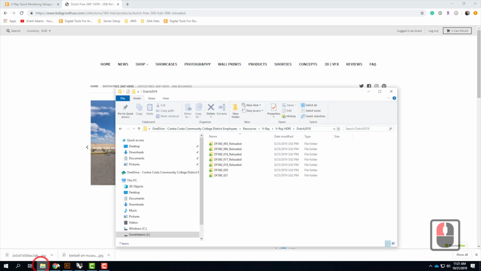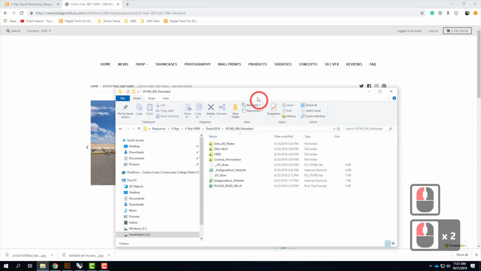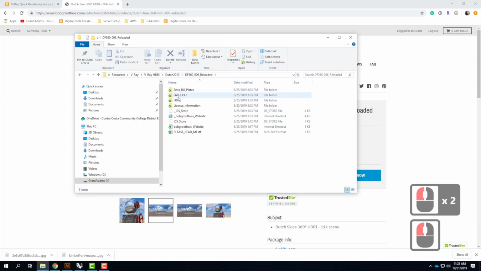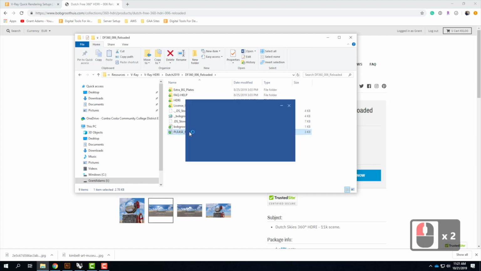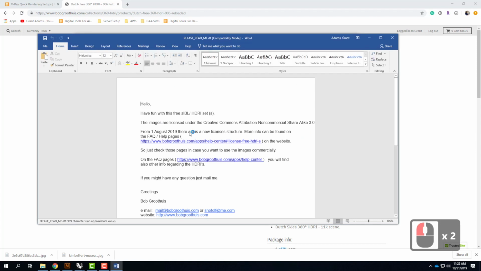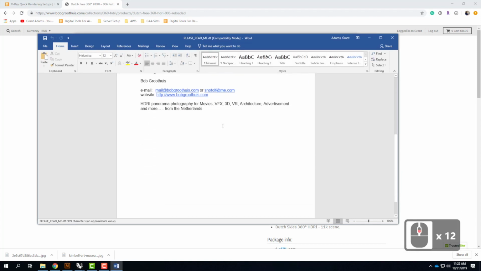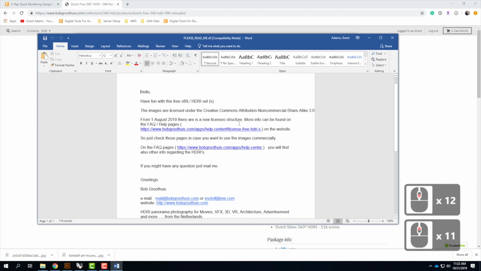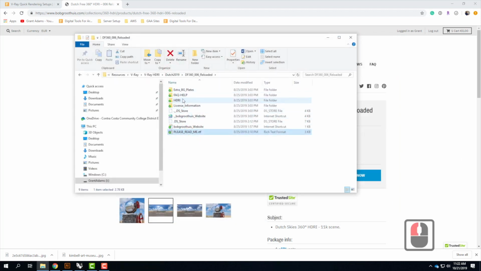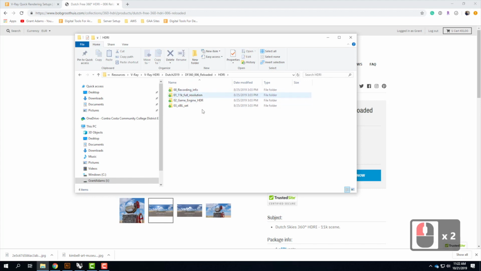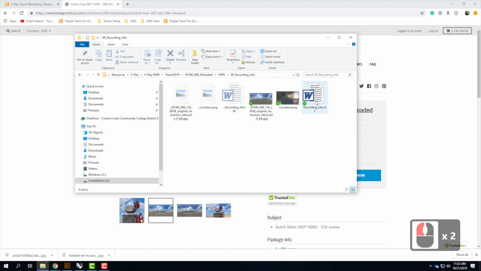And when you download 006, right here, he gives us a bunch of information about it. One of which is a README that if you open, it will open Word, unfortunately, and it'll give you some information about who he is and that sort of thing, and your license to be able to do it. We can then go into the folder for HDRI, and inside of that we have a bunch of other information. The first thing is recording info under folder 00. If I open that, again we have a Word file,